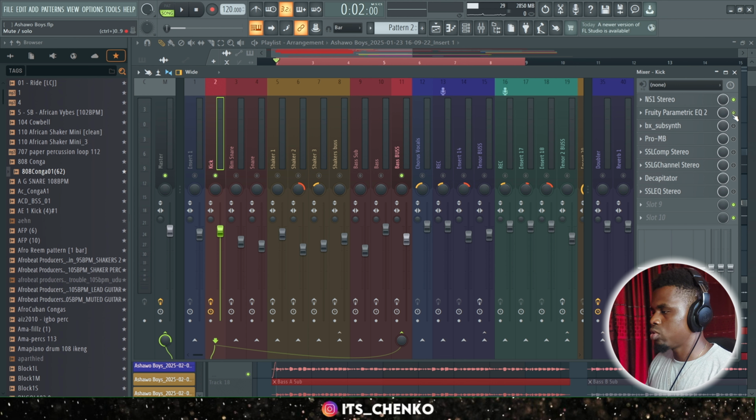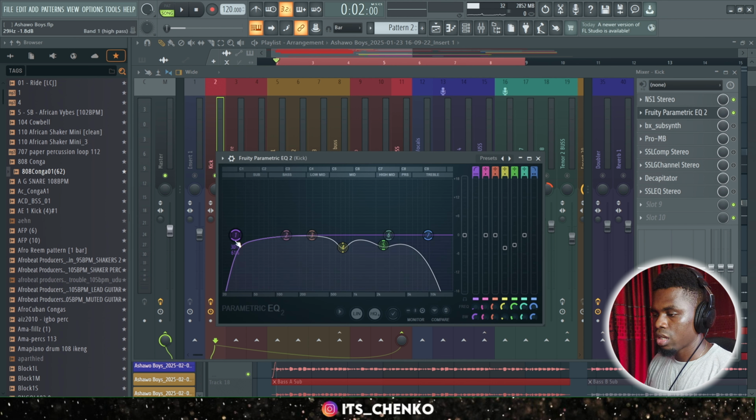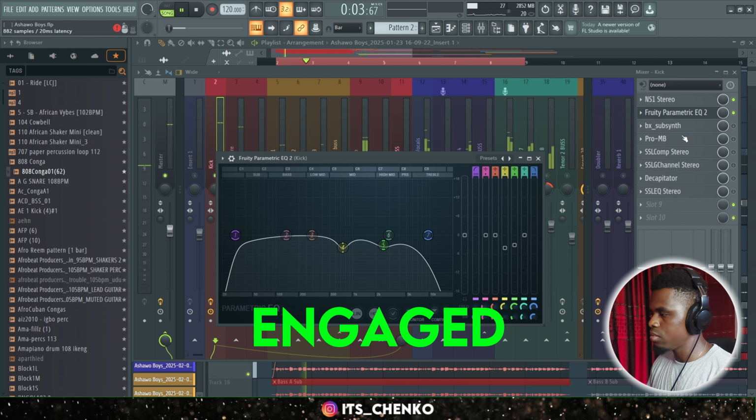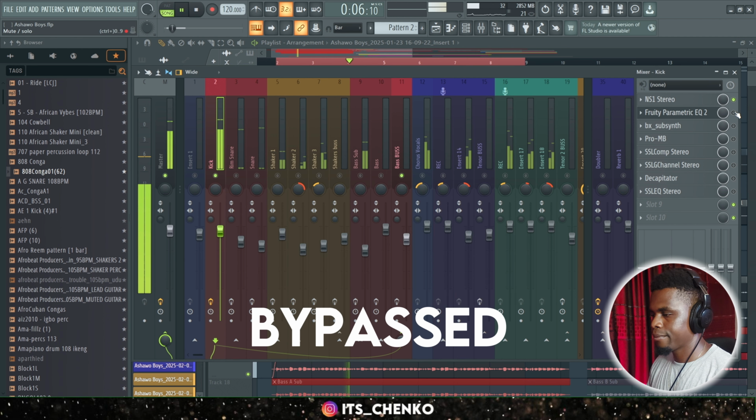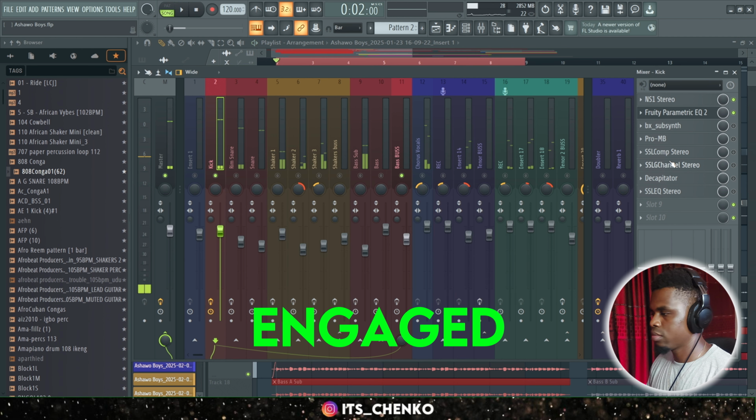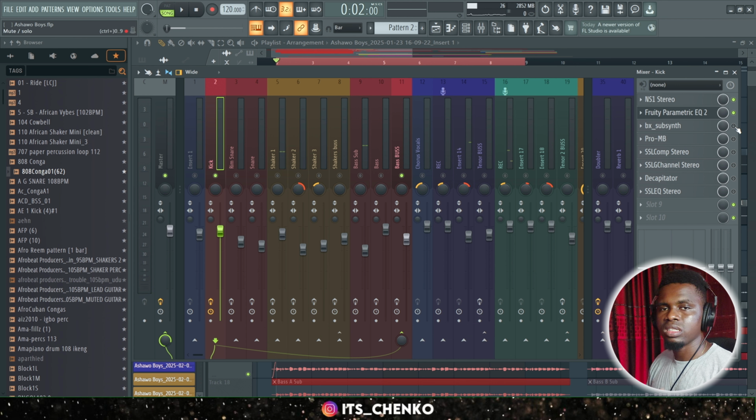The next thing I did was to EQ. I'm removing some low end all the way up to 30 hertz and then rolling off the high end as well, all the way up to 9.5K, and then doing some dips in places where I know I would not be needing those sounds to be coming from the kick. So with the EQ, it sounds like this. Without, with, and then the next thing, this is what is giving me the actual low end from the kick,